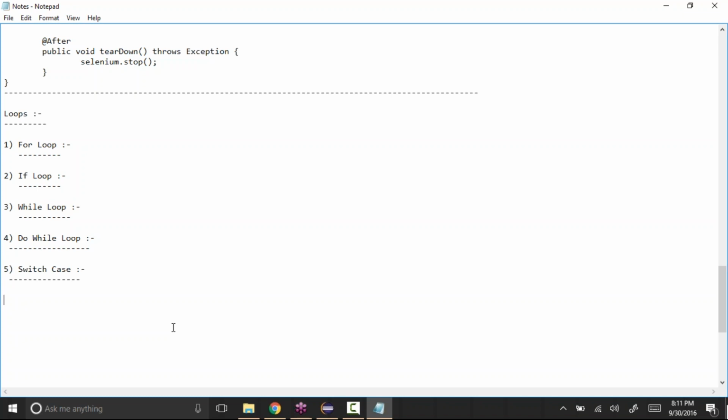Okay, and these are very important. All we do in programming is using those loops. From the automation point of view, we have to for sure use all these loops. So try to practice as much as possible and let me know if you have any questions. Any questions now, or is it clear?